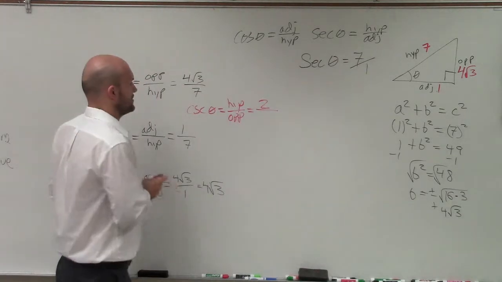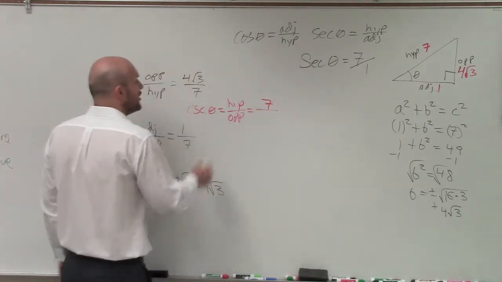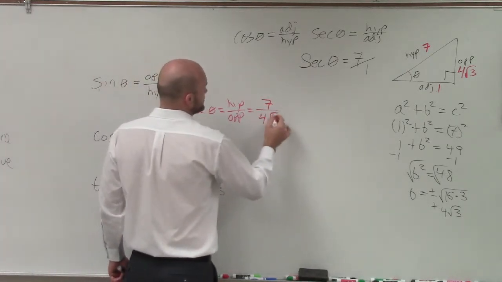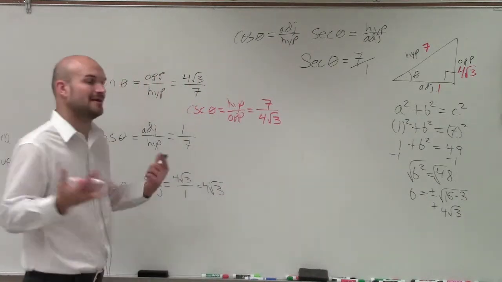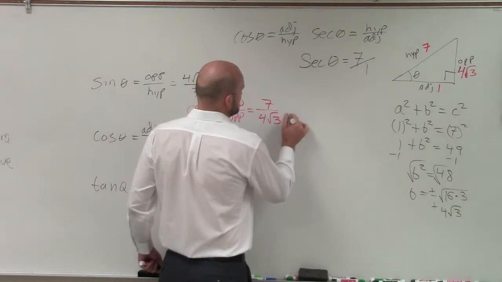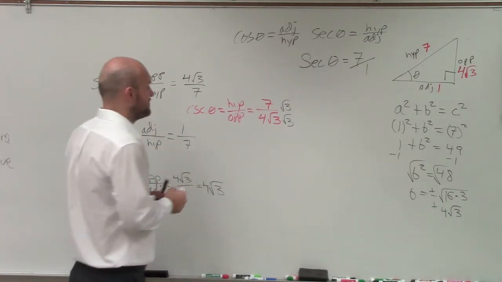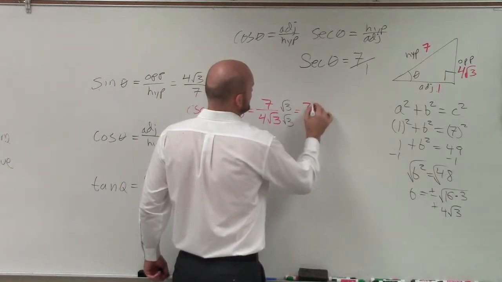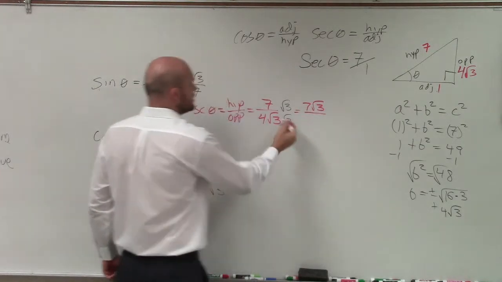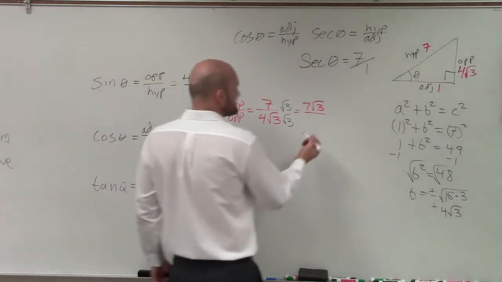So I have hypotenuse, which is 7, over my opposite side, which is 4 square root of 3. Well, ladies and gentlemen, I need to make sure I rationalize my denominator. So to do that, I need to multiply by square root of 3 over square root of 3. Then my final answer is going to equal 7 square root of 3 over square root of 3 times square root of 3 is 3. 3 times 4